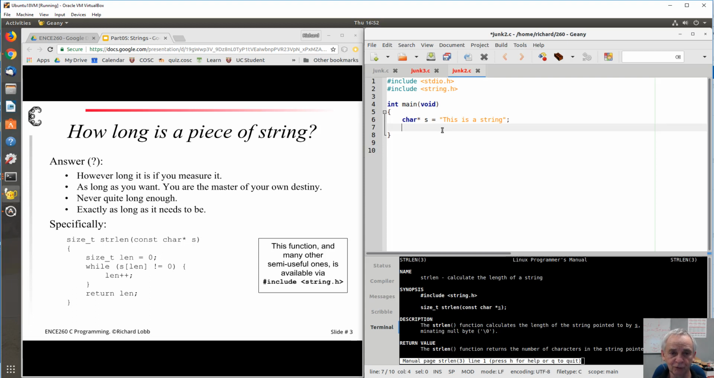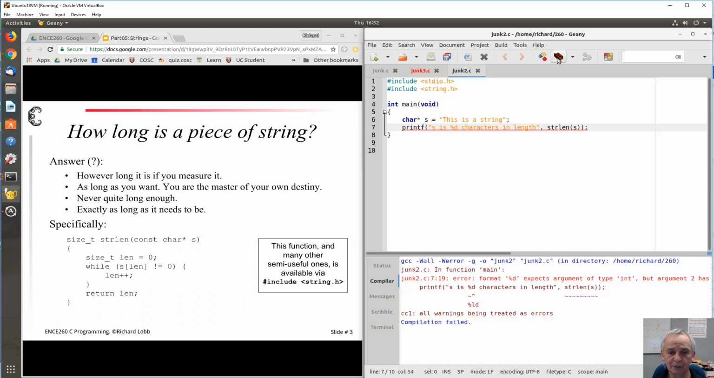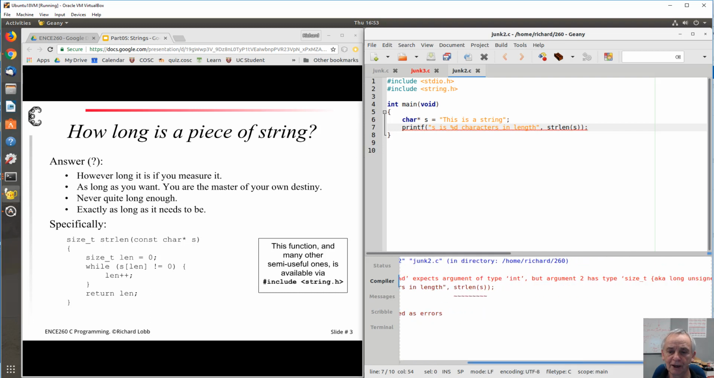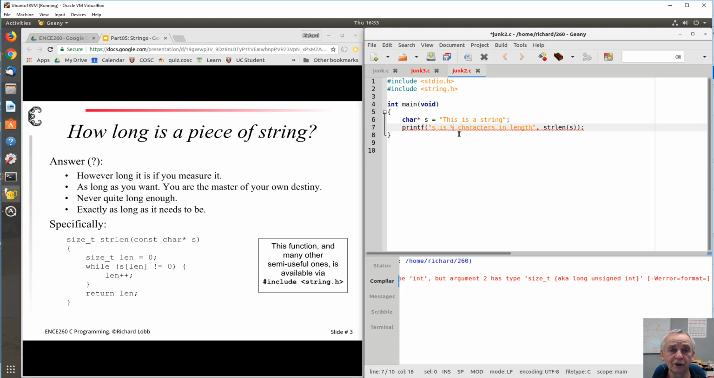Let's look first of all at how it behaves. I'm going to printf to say s is so many bytes, %d characters long. And I'm going to call strlen on s. And you might think, well, that's got to work, right? Well, let's just see. Compile, no, it didn't work. Format %d expects an argument of type int, but argument 2 has type size_t, aka long unsigned int. So %d is a